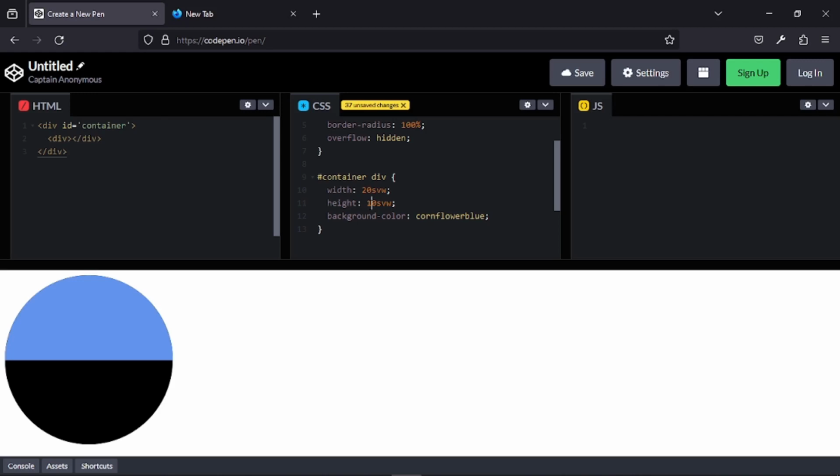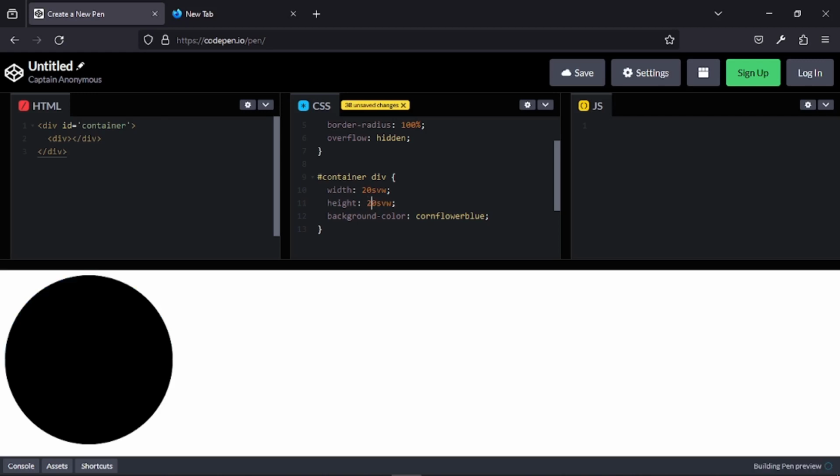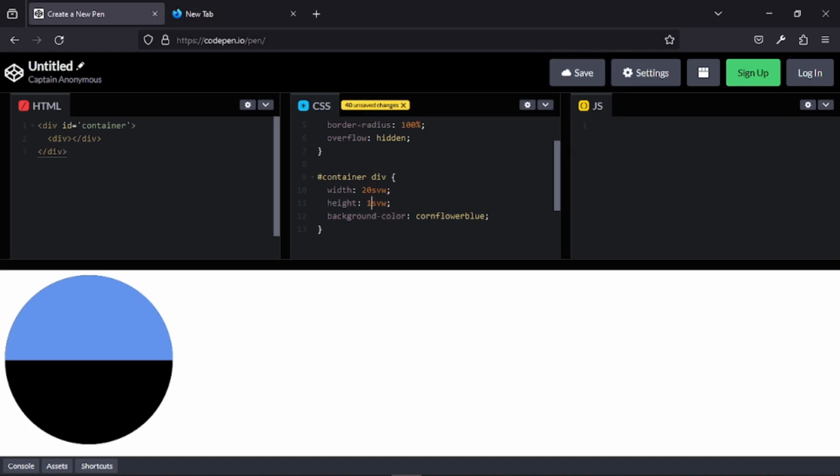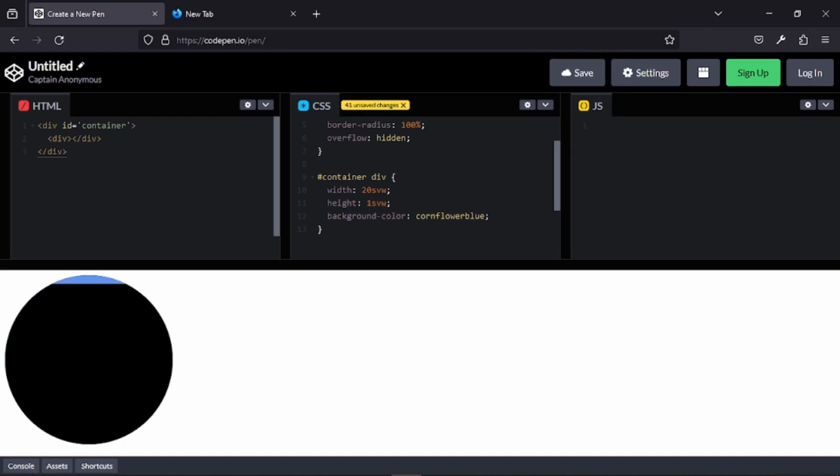So what if I increase the height? Oh wait, I meant decrease the height. No, I meant increase the height. So, anyways,